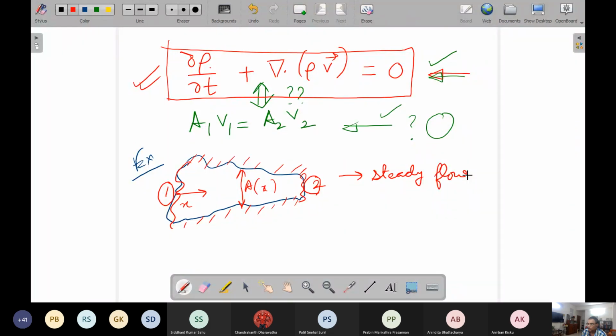If we call this a steady flow, the major advantage that we will get is in terms of simplification. So we'll start with this equation, not this one. We will see whether it boils down to this equation or not. But we will assume the one which we have derived, not the one which we have not derived.